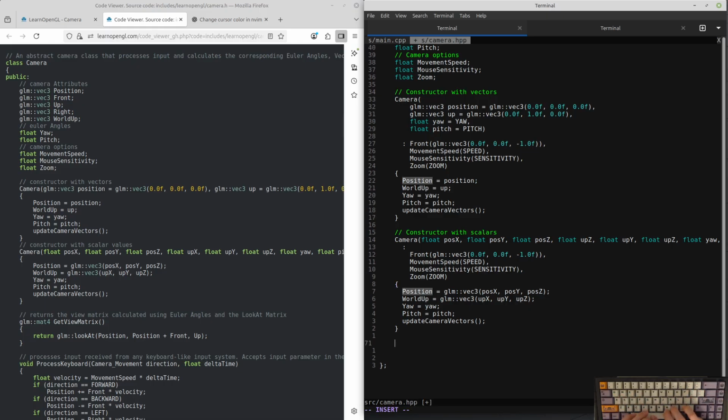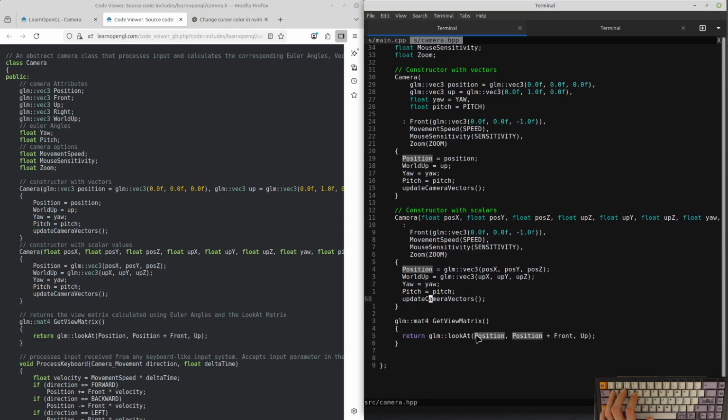That returns the view matrix calculated using Euler angles and the look at matrix. Okay. I don't know how I feel about the capitalized variables.